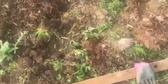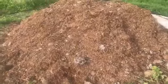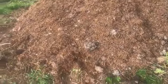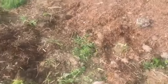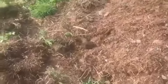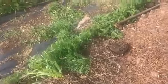to sprout. And then I have this wonderful pile of seed-free compost, mushroom compost, that I'm just going to spread over the top, so that potatoes will come up, but everything else will be covered and the light will be excluded. And after I've cleared the potatoes, harvested them, it'll be a clear bed, all ready for sowing for the following year. So that's my beautiful compost that comes from Woodland